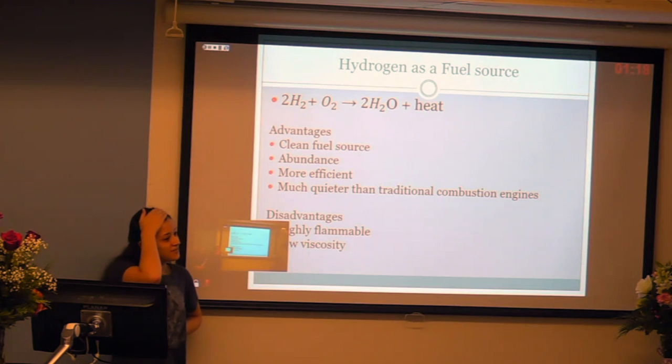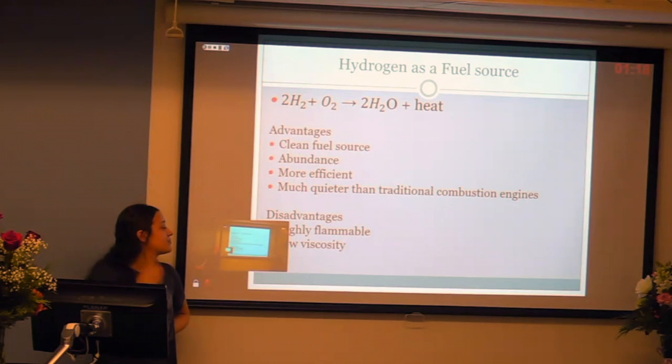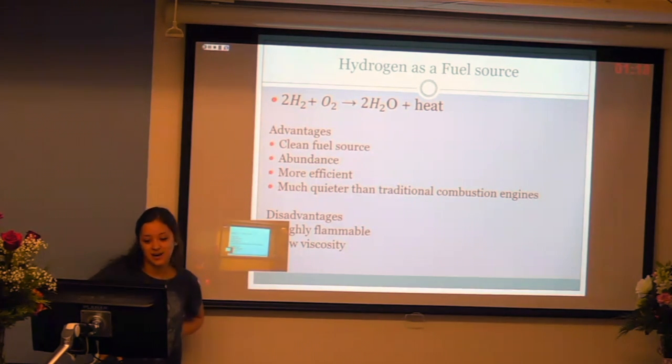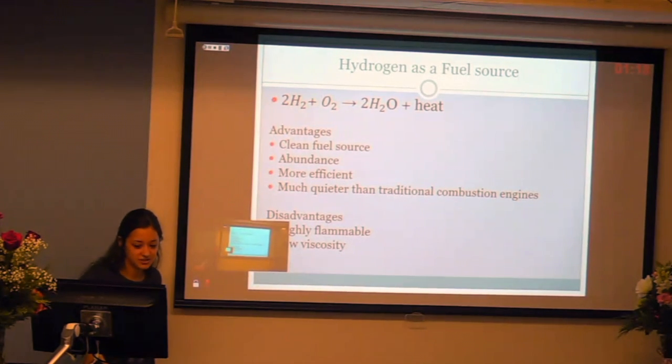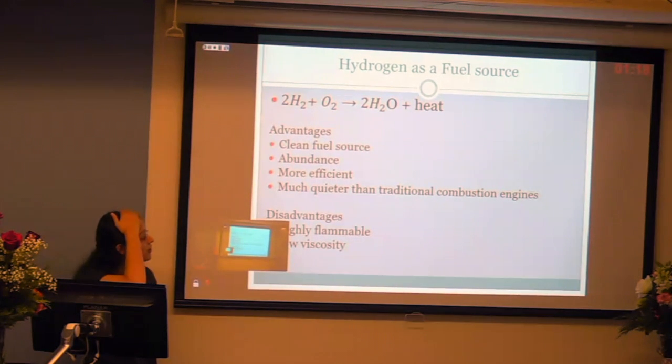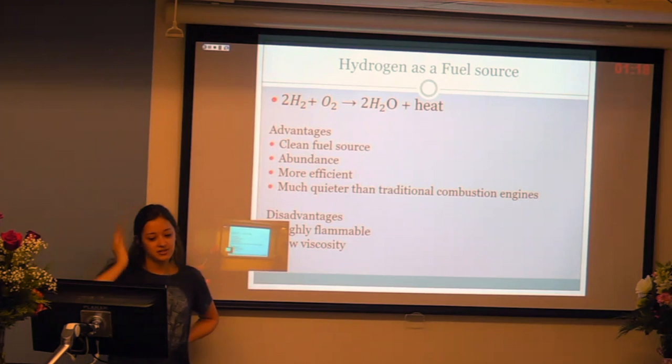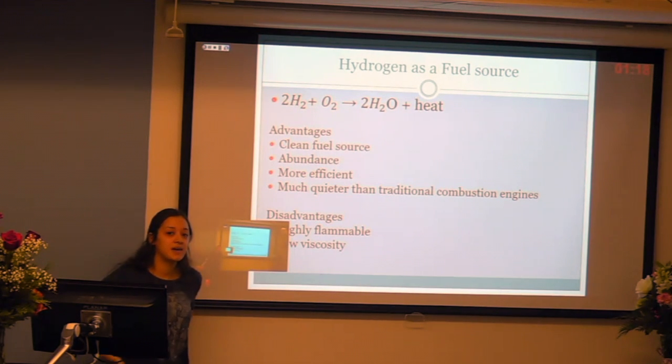We have an abundance of hydrogen in our universe. It is the most abundant element in our universe. Hydrogen gas is a much more efficient source of fuel than what we traditionally use, and it's much quieter than traditional combustion engines. There are some disadvantages to using hydrogen as a fuel: it is highly flammable and has a tendency to ignite at very low temperatures,